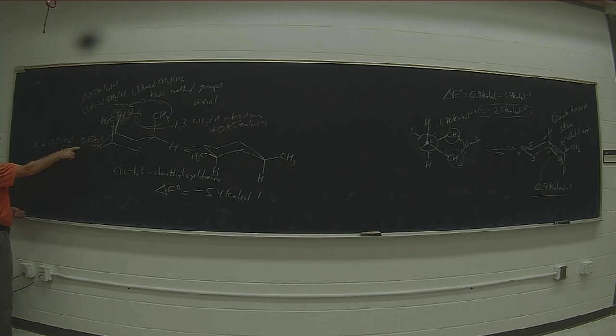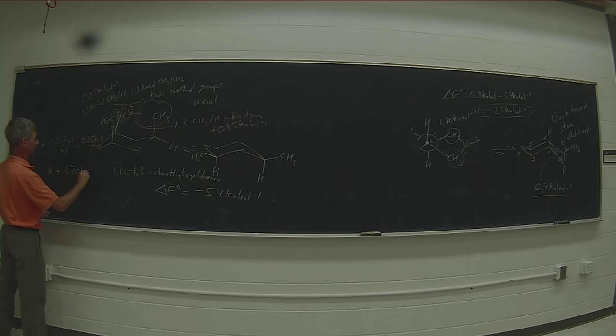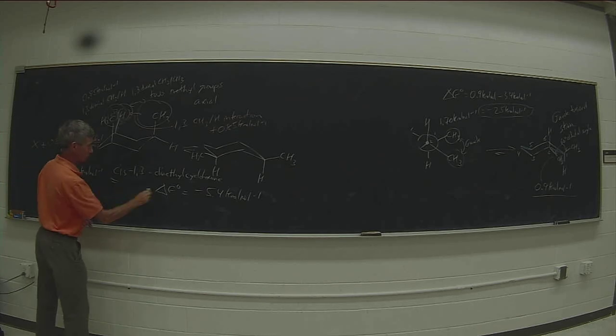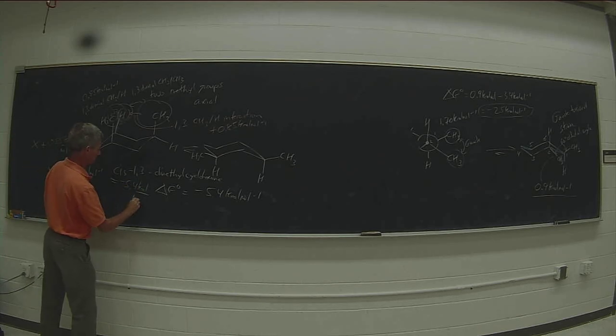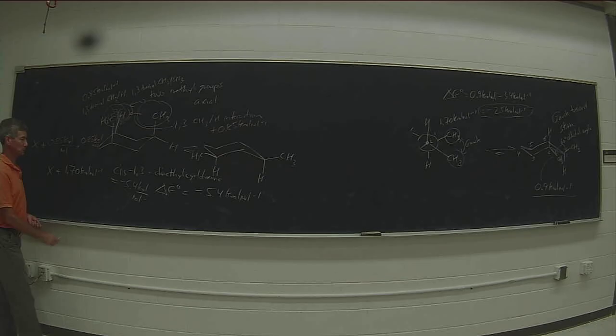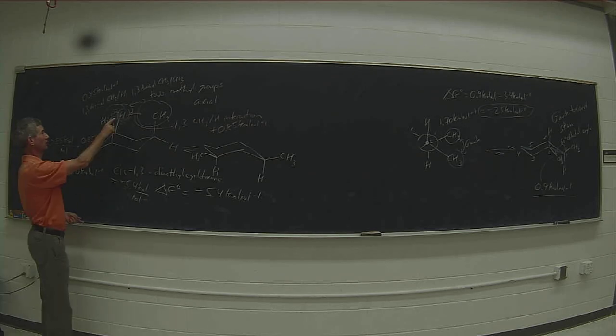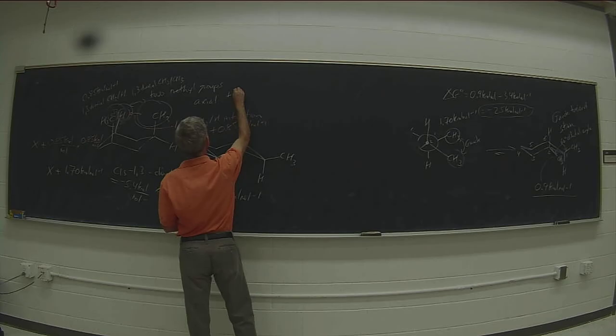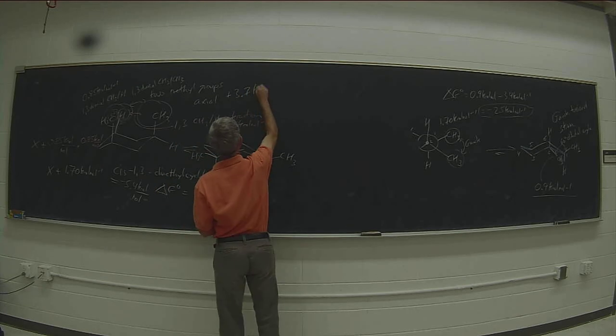And I know that the sum of X plus 0.85 plus 0.85, or X plus 1.7 kilocalories per mole, is equal to negative 5.4 kilocalories per mole. That enables me to determine that the cost of putting these two methyl groups axial relative to each other is 3.7